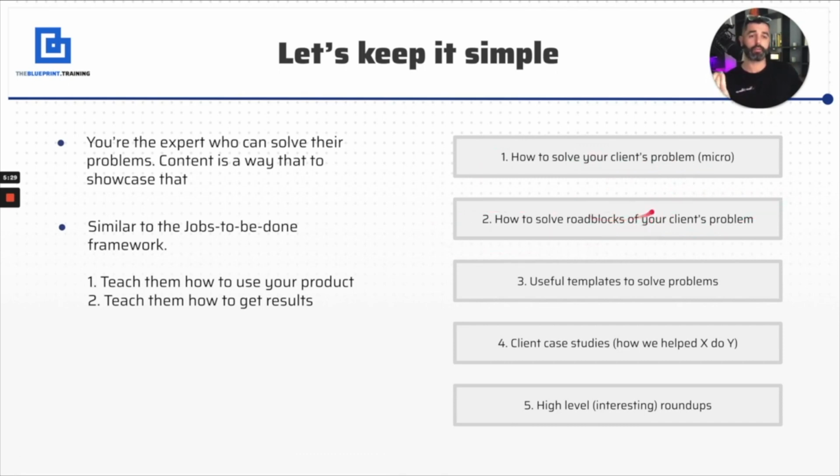These could be blog posts, these could be videos, these could be resource guides, podcasts, what have you. Useful templates. This is another really good pre-top funnel way to break the ice, especially when we're talking about running traffic to cold audiences, right? Whether that's a LinkedIn post where you're just posting, hey, I've got this case study, you want to check it out? Or hey, I've got this calculator, you want to check it out? People will comment, you can send it to them.